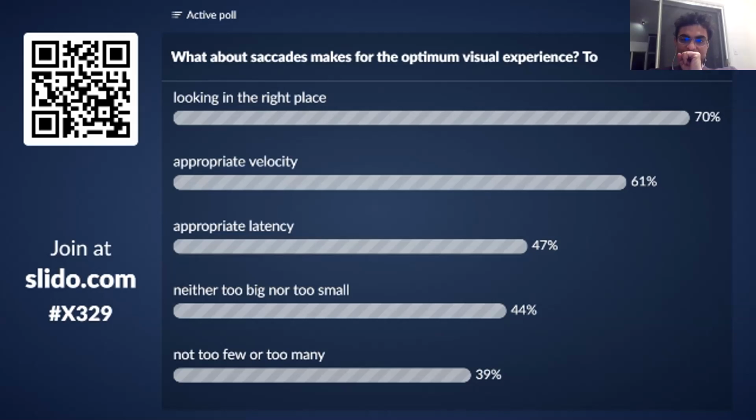Okay, so let me just discuss this question since it was eye movements and saccade. Although it's not directly relevant to gaze holding, of course, there is some relevance to gaze holding, right? The response to this question is all of them are correct. Saccades are used to look into the right place. You want to move your gaze from point A to point B, and the way you do that is by making correct saccades. Your saccades have to be the correct velocity. If they are too slow, then it's a problem, like in certain neurodegenerative disorders such as PSP, with slow saccades. Latency is very important. When your eyes are supposed to move from point A to point B, they have to move promptly. If they don't move promptly, that's a problem.